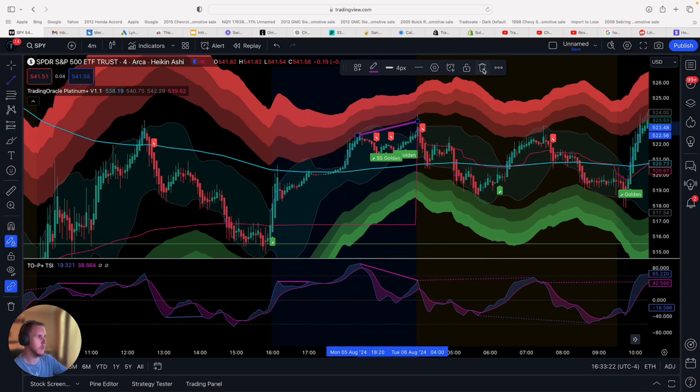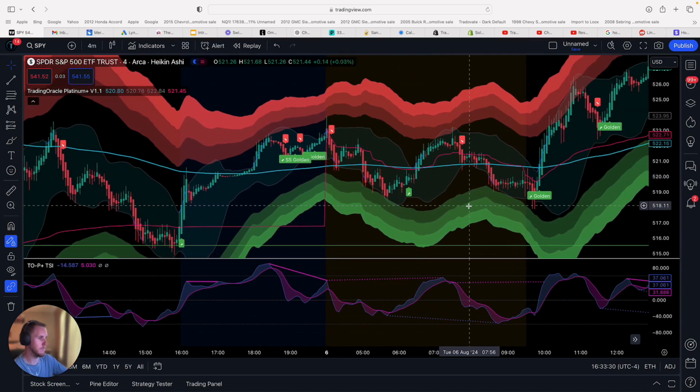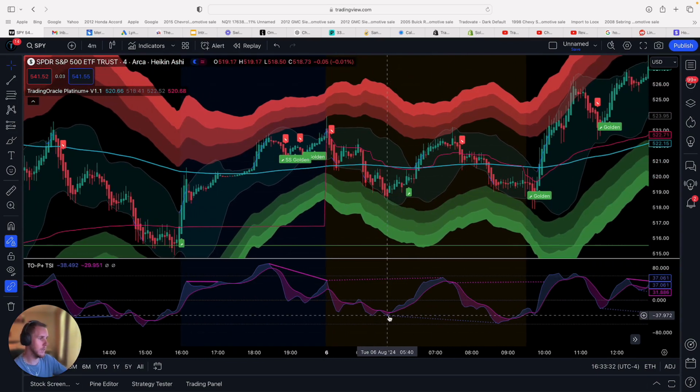But I'm going to go over here. I think there's another one right here. So this is just kind of back to back. You're going to see these types of patterns every single day. So this is a hidden bullish divergence. Basically you're seeing that, at this point right here,